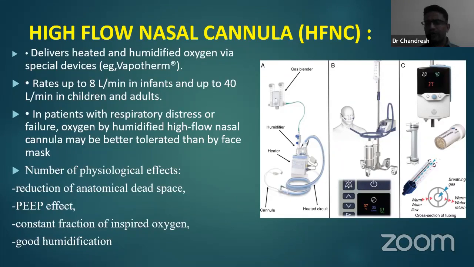If you closely look at the device, you will see here the components of this HFNC device: gas blender, from where we can set the FiO2, humidifier, which will be filled with the distilled water, heater, it will be electronic, cathodes will be there, and with that the temperature will be maintained around 32, 33 and 31. Here again you can see numbers: 37 degrees Celsius temperature, 35 liter per minute, and 21 is the FiO2. These kind of numbers you will see on the display.